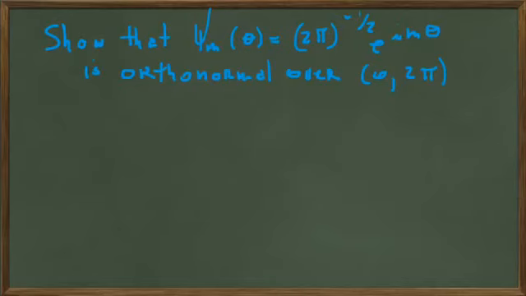In this third video on operators, we're going to show that the operator psi sub m of theta, which is 2 pi to the minus 1/2 e to the i m theta, is orthonormal over the interval 0 to 2 pi. When we show an operator is orthonormal over a certain interval,